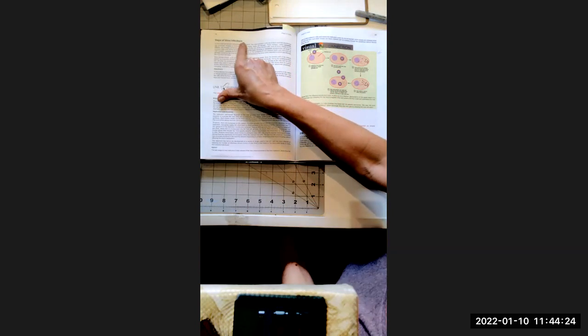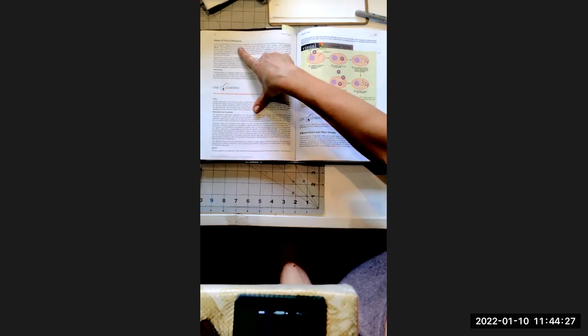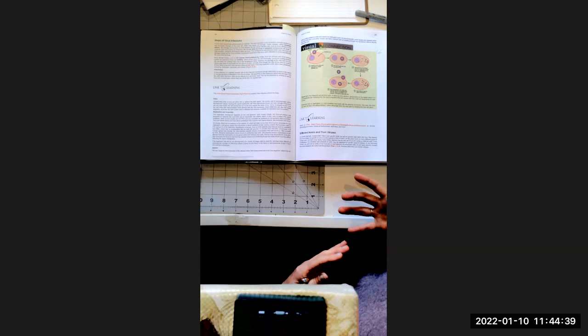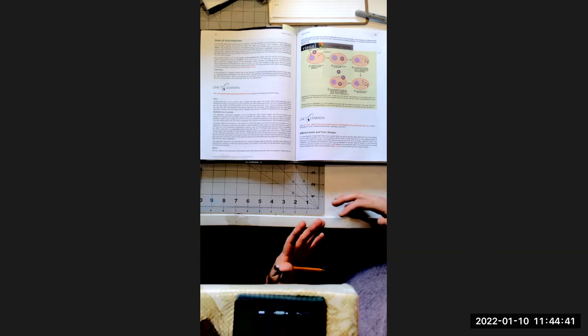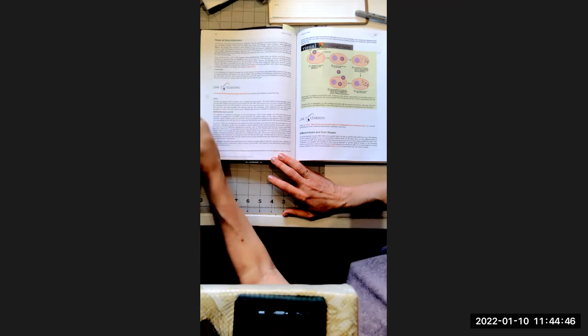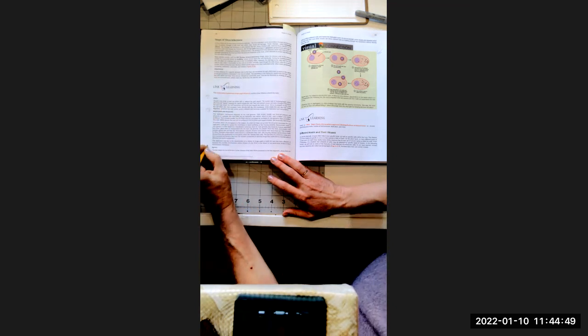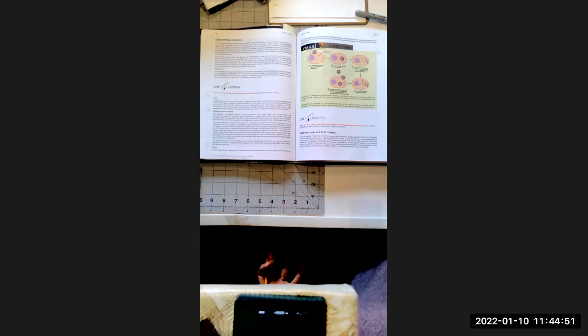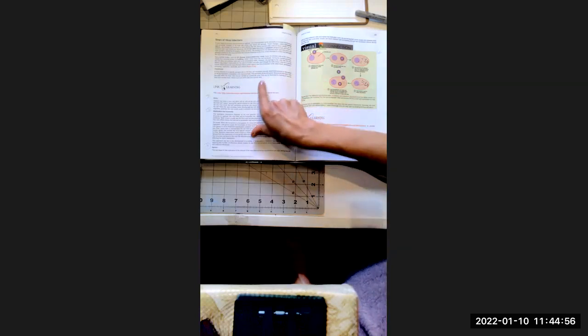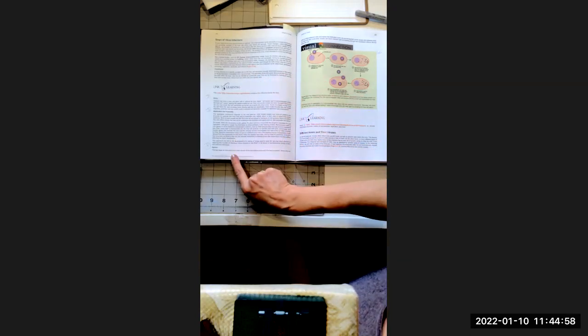All right, now we have steps of virus infection. And the idea here is, what does the virus have to do in order to access that host cell? And then how does it proliferate? And then how does it get out of the cell to spread infection to other cells? So this breaks it down into 4 steps. We've got attachment, we've got entry, replication and assembly, and egress, getting out, right? So this is going to give some examples of the ways that viruses do these different things in this section,